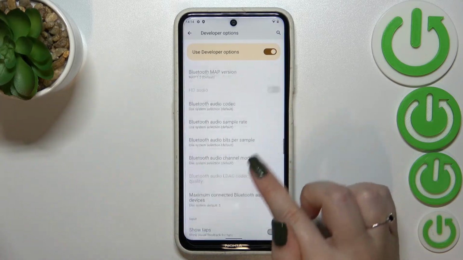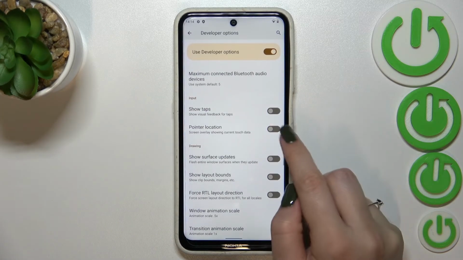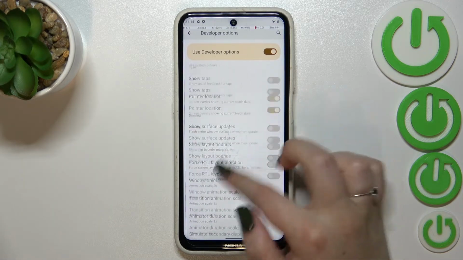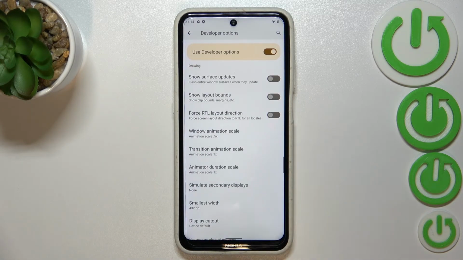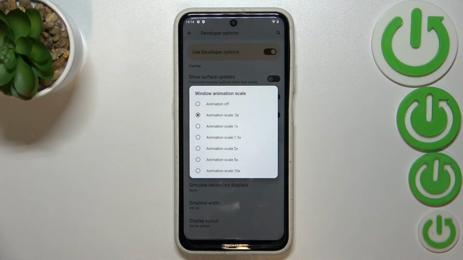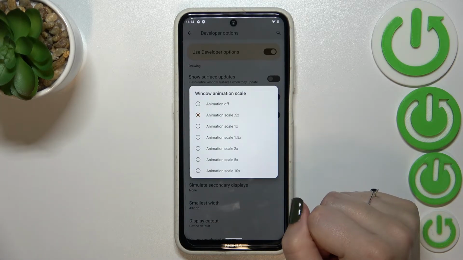So basically all you have to do in order to turn on the feature is to simply tap on the switcher on it, of course, and as you can see it will be immediately activated and applied. Of course you can turn it off in the same way, and if you've got the options without the switcher, so for example like here in the window animation scale, just tap on it in order to open more options,